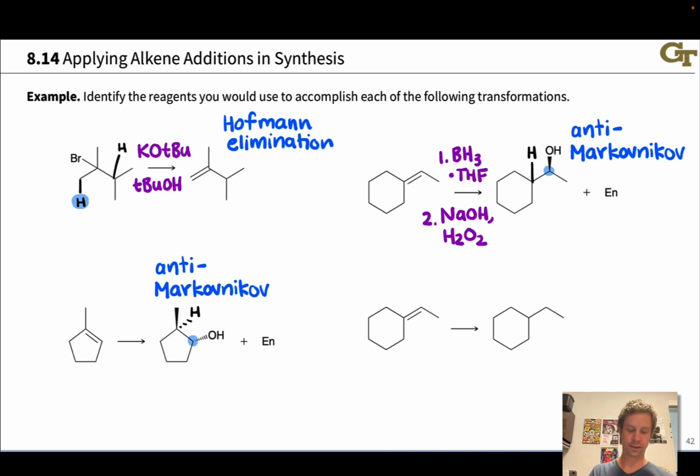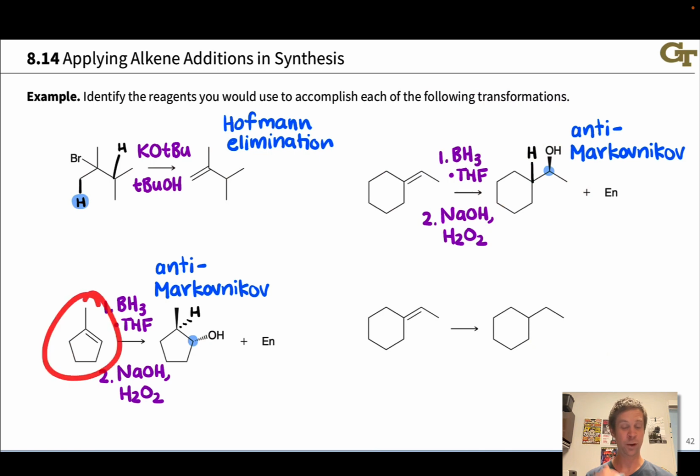We should also notice that the H and OH are syn in this product, so H and OH add to the same side of the starting alkene. Thankfully, hydroboration hits both of these points, the regiochemical and the stereochemical, so we can again use BH3THF followed by sodium hydroxide and hydrogen peroxide to do anti-Markovnikov hydration of this alkene with syn installation of the new H and